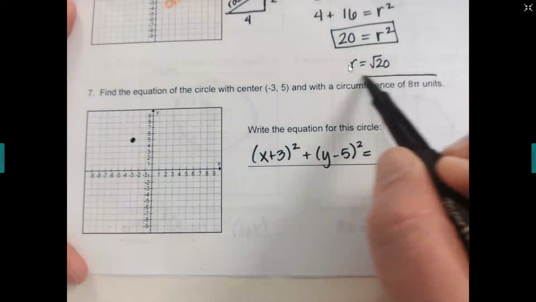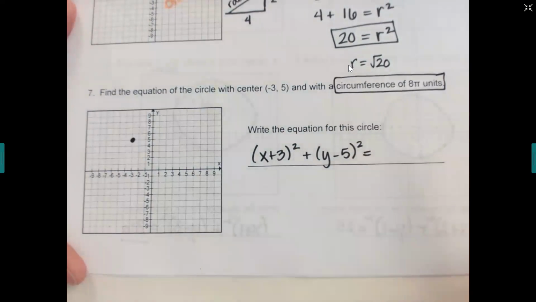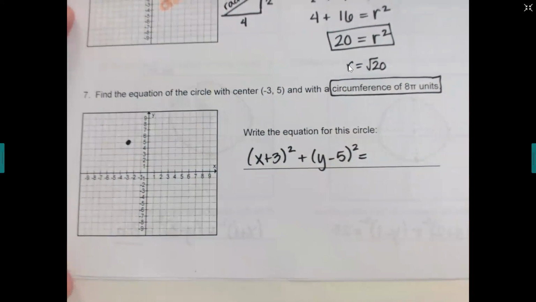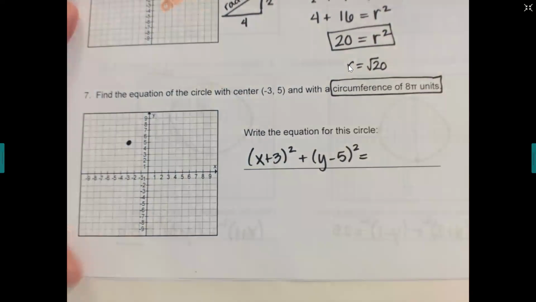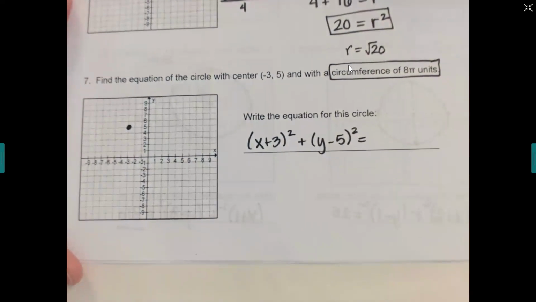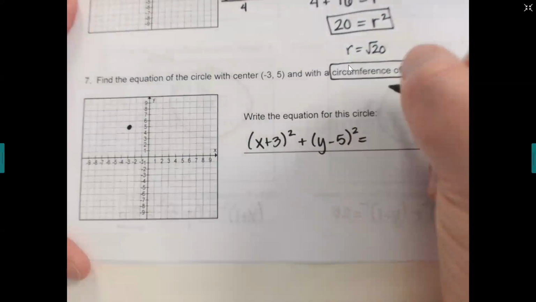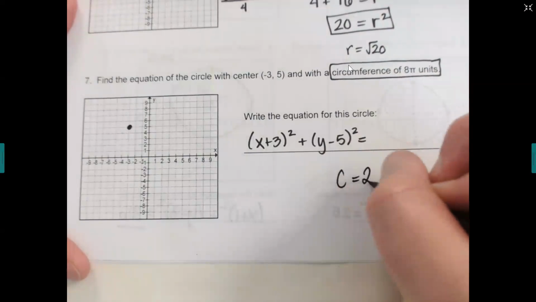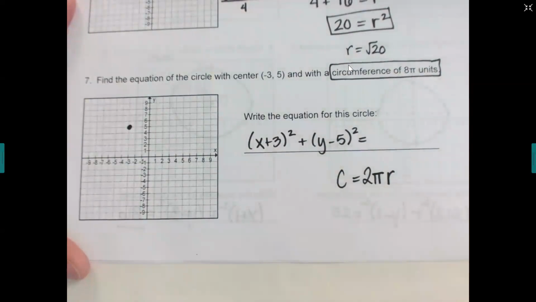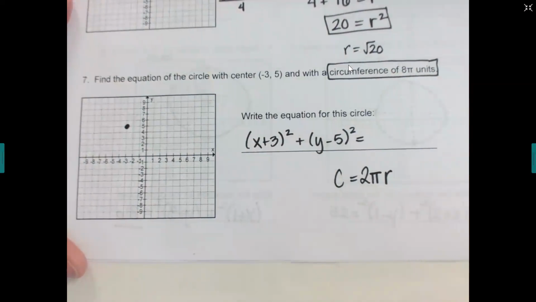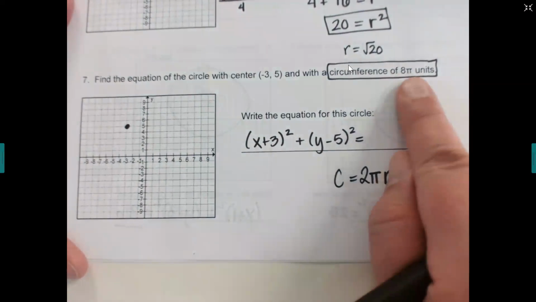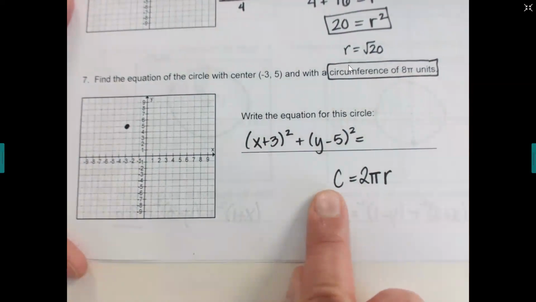They tell you the circumference is 8 pi. Do we know what circumference is from geometry? How far it is around the circle? Does anybody remember the formula? Huh? It is 2 pi r. Very good. So circumference is 2 pi r. And then they're telling you that the circumference is 8 pi. So then all that I need to do is take my 8 pi, plug it in right here, and then